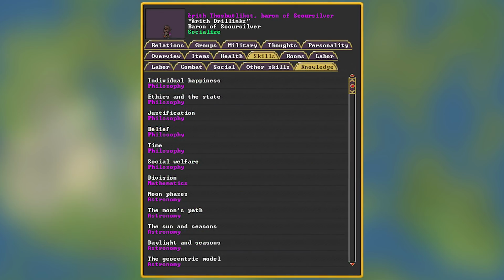The next one over here is in knowledge, and this is just some little bits of knowledge that they have. Now, the neat thing about this is there is a way to find this, but from what I can tell looking at this, it looks like you can expand it and get a little bit more information, because as we scroll down, we can see that this dwarf knows about some philosophy, the philosophy of justification, belief, time, social welfare, some mathematics. They know about astronomy, and I'm assuming if you scroll down far enough on here, you'll run into things like